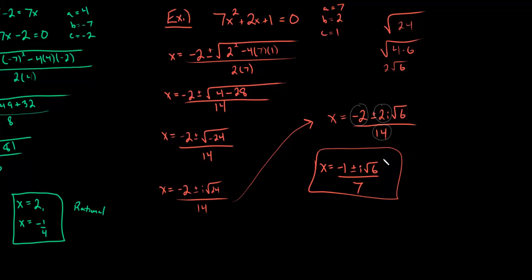And just notice that in this particular problem, we had answers that were complex conjugates of one another, okay? So we had rational solutions, irrational solutions, and complex conjugate solutions. And in the next video, we're going to talk about how we can tell what types of solutions we are going to have, okay? So that's solving using the quadratic formula. Make sure you stay tuned for the next video to find out how we can use what we call the discriminant. You'll find out what that is in the next video to determine how many and what types of solutions we will have from a quadratic equation. So make sure we're practicing and stay tuned for the next